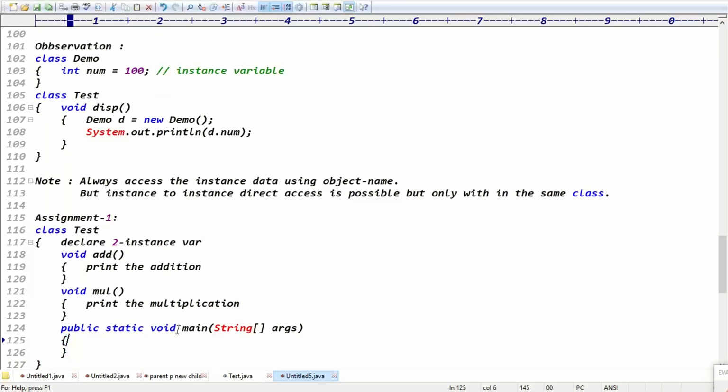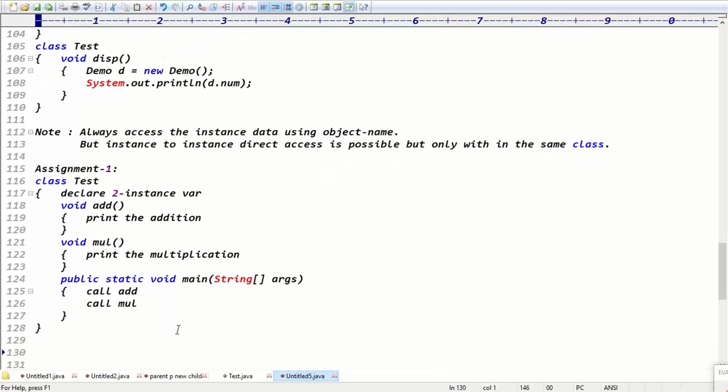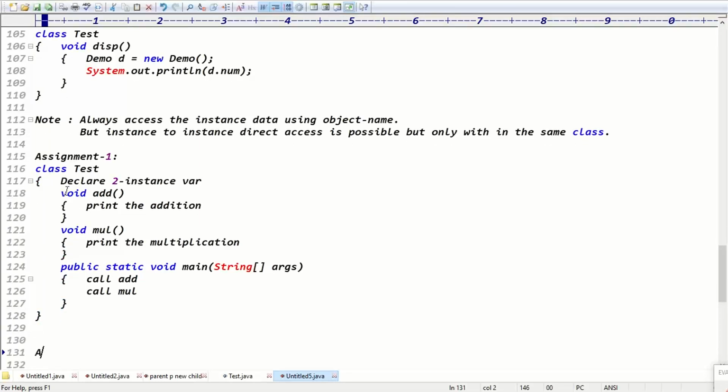Just open brace, close brace. How many methods did you declare? Two methods. Simply call the add method, simply call the multiplication method. Any questions, please? Guys, try to complete the assignment every day so that you get clarity about coding. You will definitely improve your coding skills.